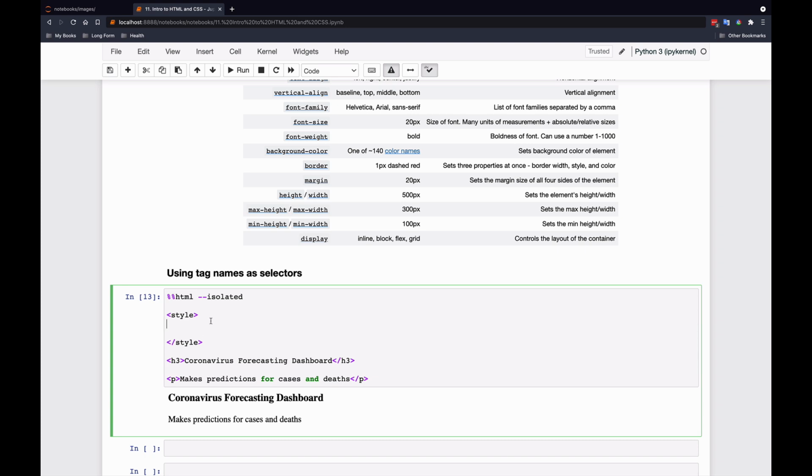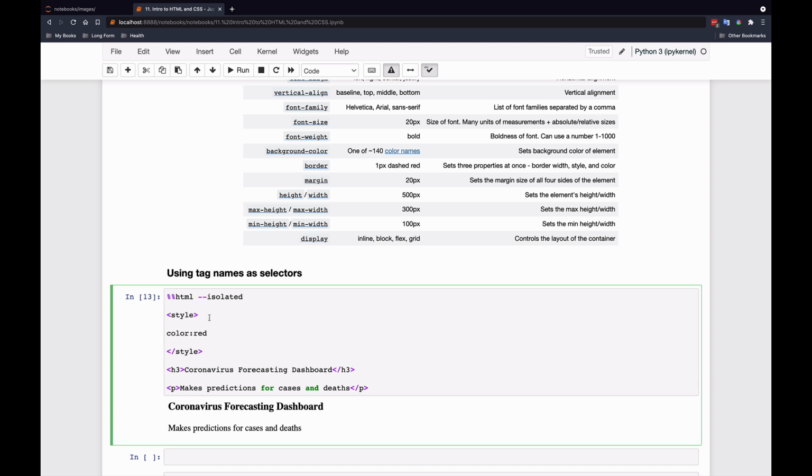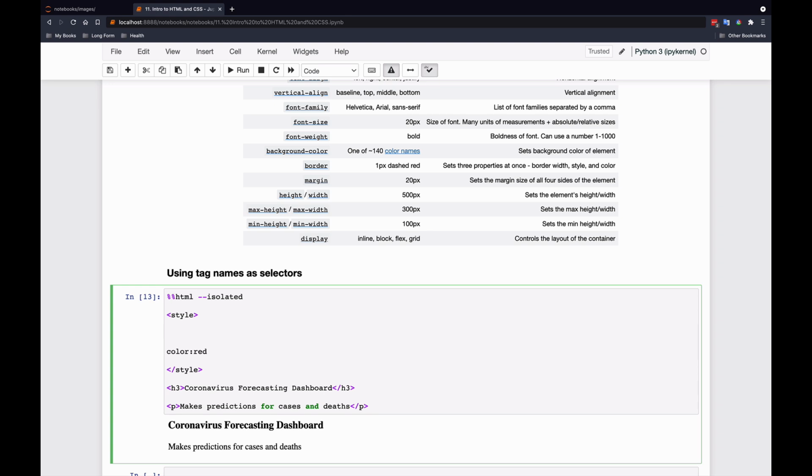Now, we have to have a way of selecting particular elements. We can't just say, I want the color to be red. Okay. You have to say which elements will this style apply to. So in order to do that, the way you write this is you say a selector. You can use the name of the tags as the selectors themselves. So if we say I want all paragraphs to be a certain style, then we use P as the selector,